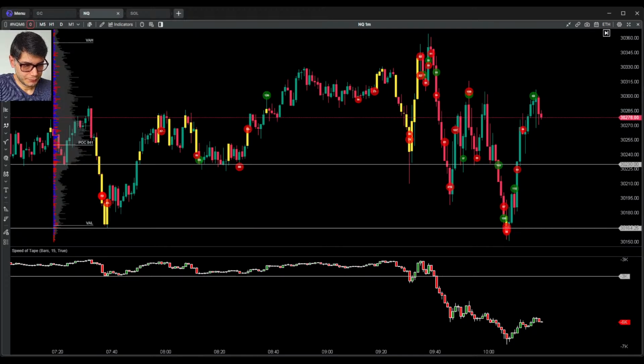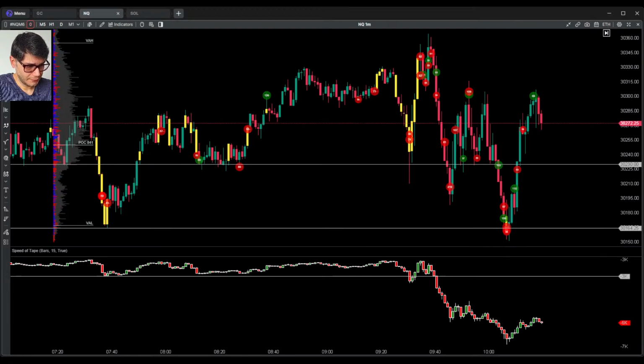Sell off at 9:30, went up to take that high. Market pending orders, passive sellers in this portion. The wicks are telling us a return, and then the sell-off resumed to the low of the day. So